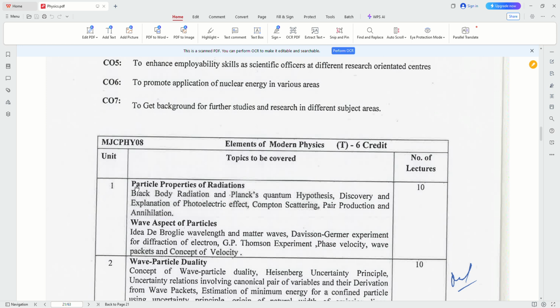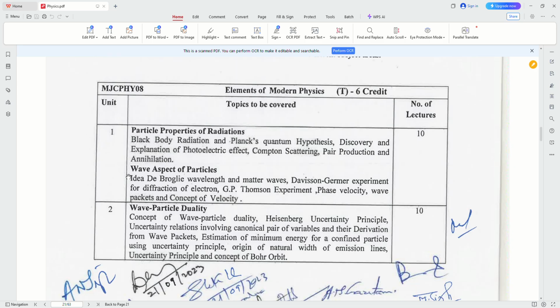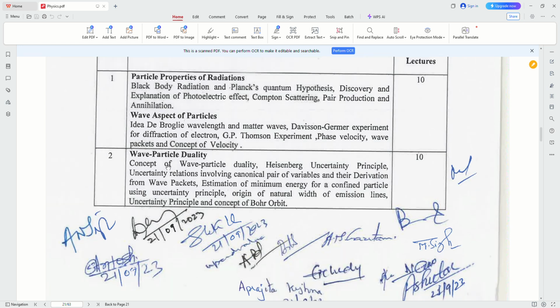I find this is: particle property of radiations, black body radiation and Planck's quantum hypothesis, discovery and explanations of the photoelectric effect, Compton scattering, pair production and annihilation, wave aspect of particles. Idea of de Broglie wavelength and matter waves, Davisson-Germer experiment for diffraction of electrons, G.P. Thomson experiment, phase velocity and group velocity, concept of wave particle duality, Heisenberg uncertainty